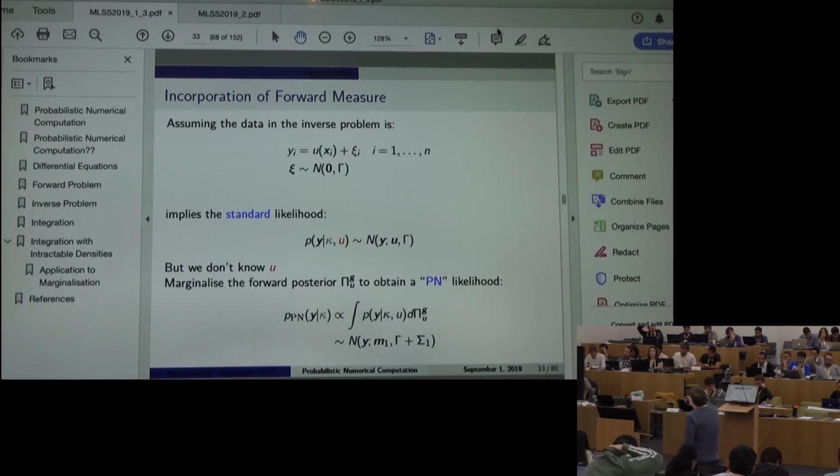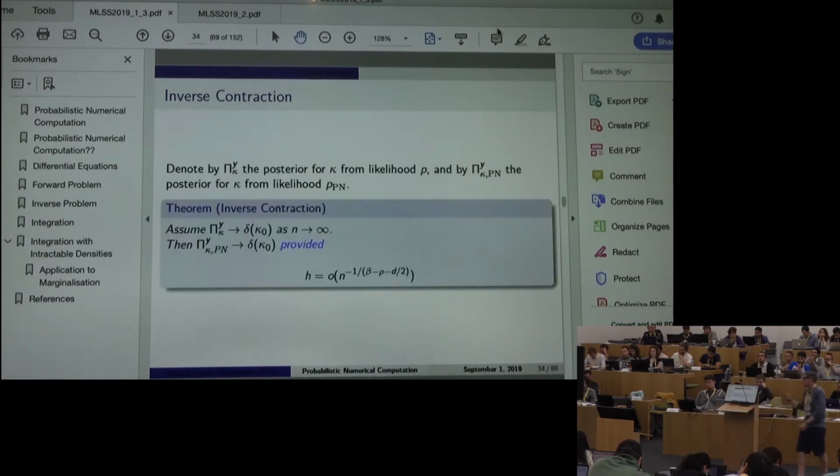So in other words, what we would do is define a prior distribution for kappa to get the joint distribution for y and kappa, and then just turn the crank and get the probability for kappa given y. If we use that marginal likelihood, then we can show that it will also converge to a Dirac measure on the true generating value